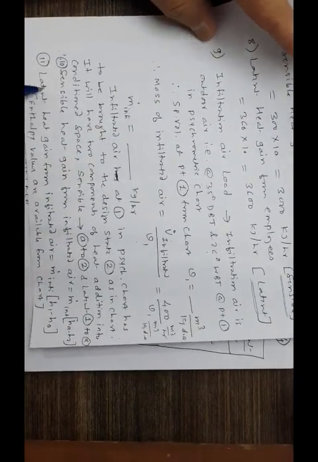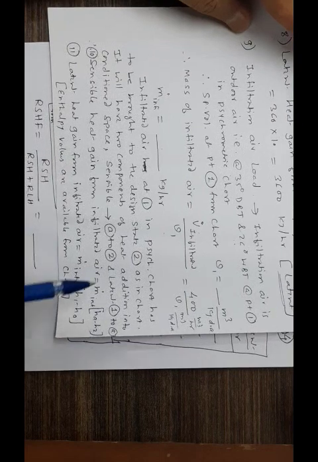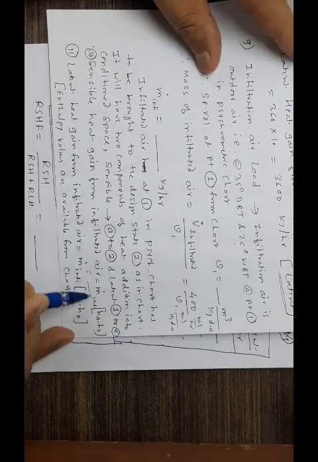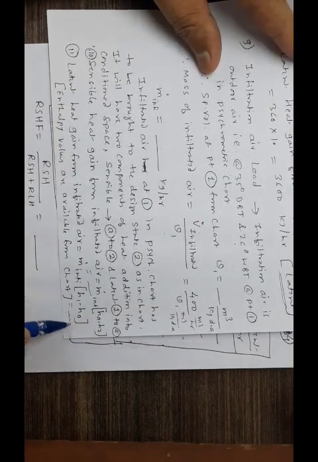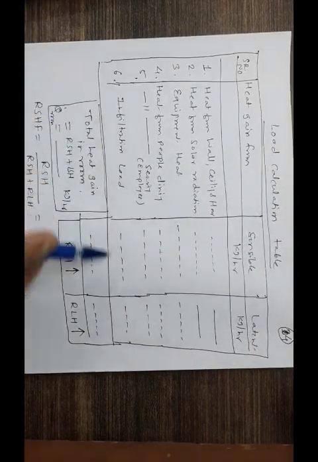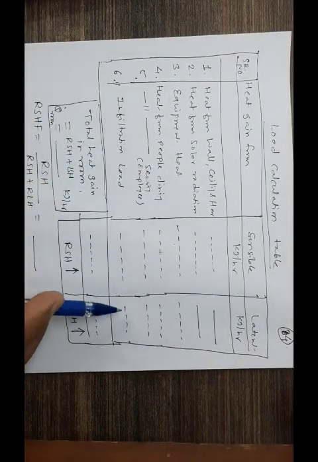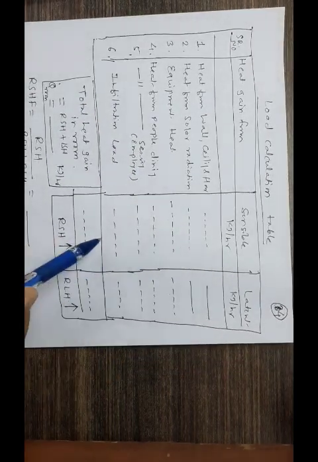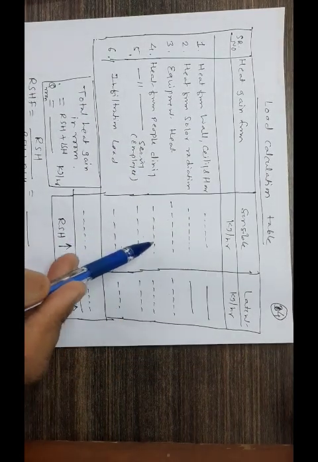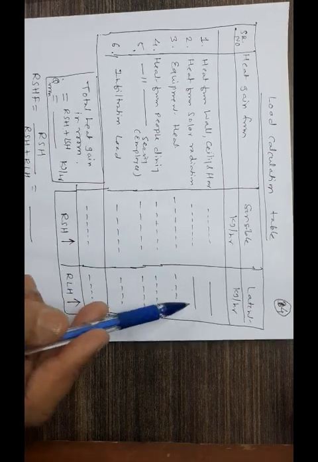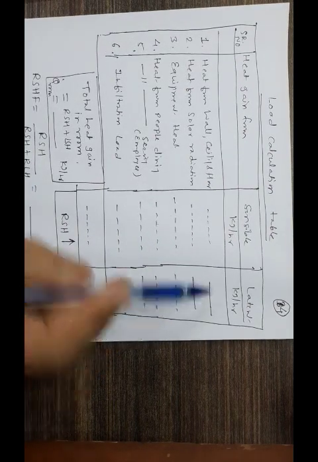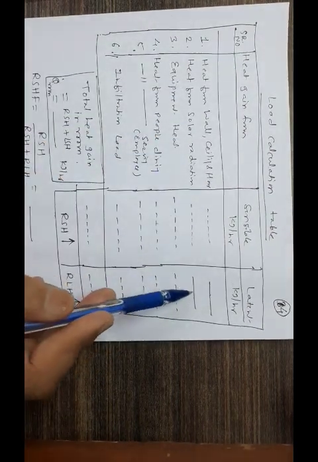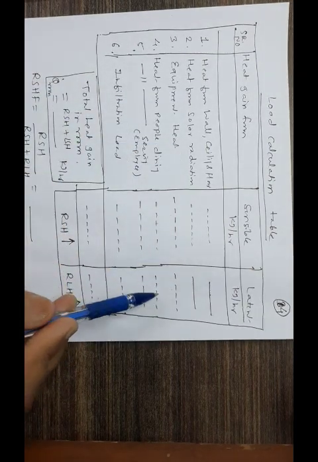Then infiltrated air. The sensible heat part is whatever you have calculated, you will get it here, and whatever you have calculated for latent, you will get it here. So the infiltration load will be correspondingly this and this. Once having categorized all these things, you can add them. Here everything is there, 1 2 3 4 5 6. However, here this is 0 because there is no latent heat associated. This is also 0, but these things you have calculated.